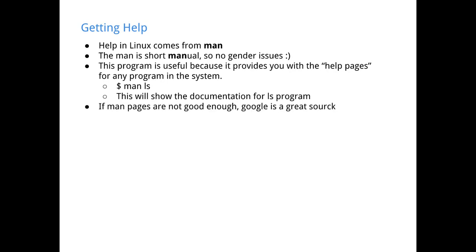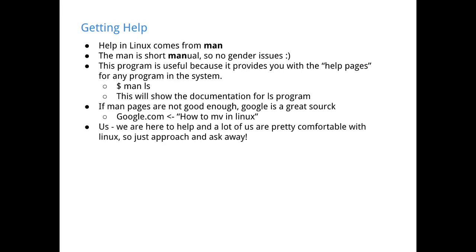If the man pages are not good enough, because a lot of times they're quite terse and kind of hard to parse, Google is the easiest thing, because there are so many people out there trying to learn Linux, because it's one of the hottest technologies today. A lot of these startups are using Linux. Amazon Web Services, all these servers are Linux. Linux is open source, so it's free, so companies are ready to adopt it. They don't want to be paying for stuff all the time. So Google for stuff, there's a ton of information.